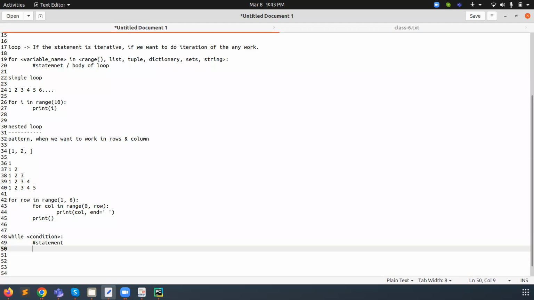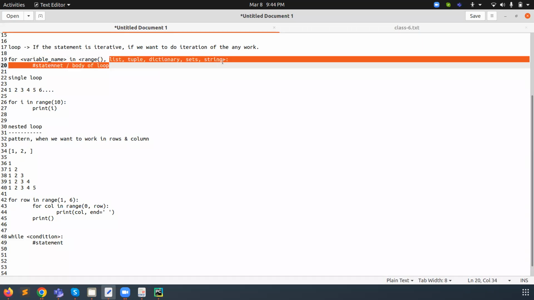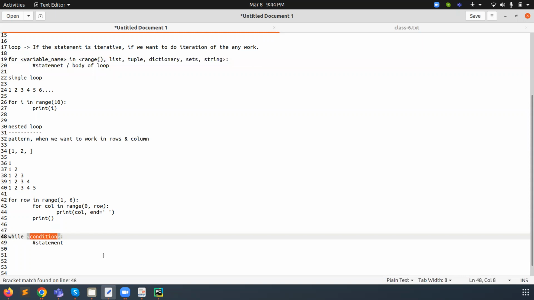In that way, we need to give either an increment or decrement. We give the variable name, and we don't need to use in or range here. Directly we can give the condition.